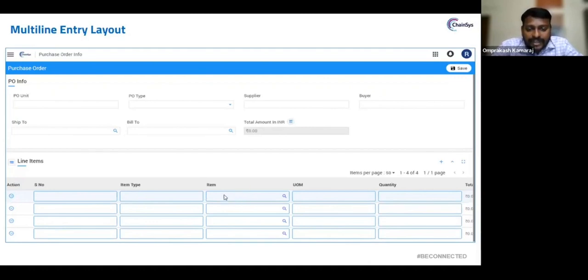So after providing the details on the single line, if you wish to go with another line, that is another child, if you wish to enter, again you need to click on add action. This is the first one. The second option is that once you click the add action button, a pop-up will be open. So once the user chooses multiple records in that pop-up, based on the count which we have chosen in the pop-up, lines will be created. So this type of layout you can mainly view in many ERP systems like Oracle, SAP.